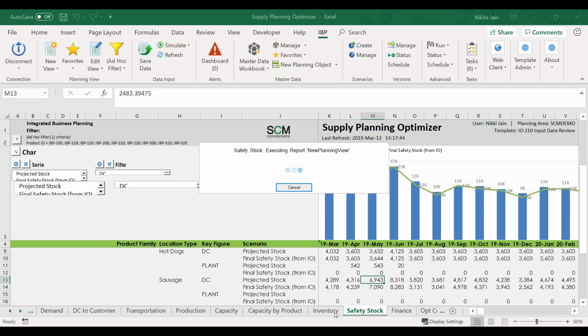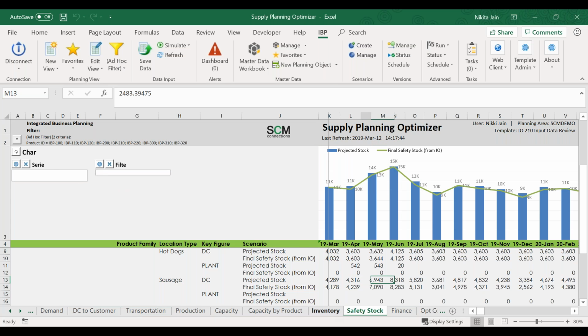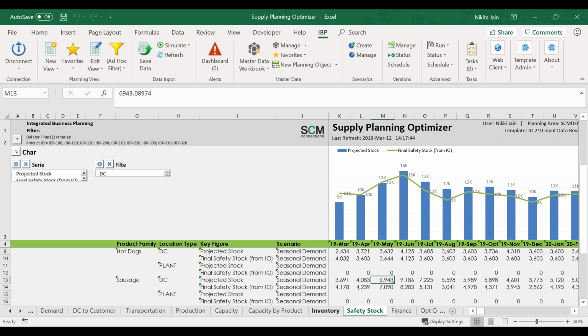Oh, there you go. So right now what we're going to look at is the safety stock tab. And one of the nice things about IBP is that I was working on the inventory tab and there were just so many different metrics there. And I knew I wanted a cleaner view, so I easily went up to the edit view, made a new one, and just picked out 2 different metrics, or key figures as they're called in IBP, to look at here. And so that's what I want to show you here,